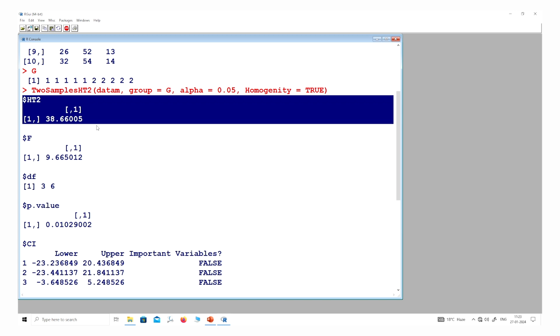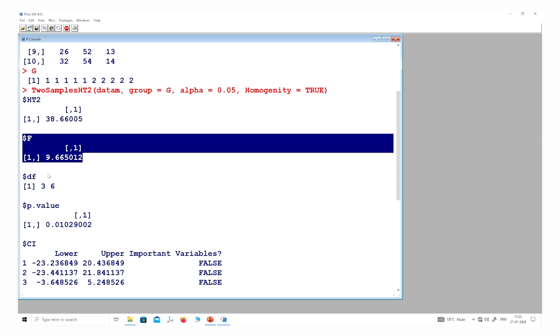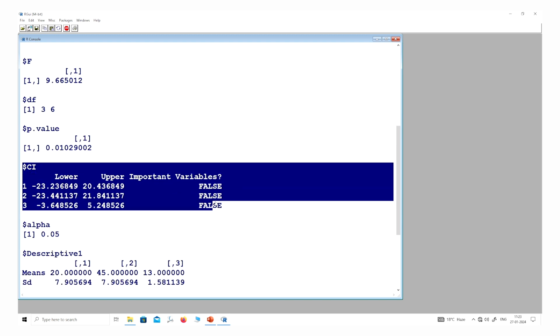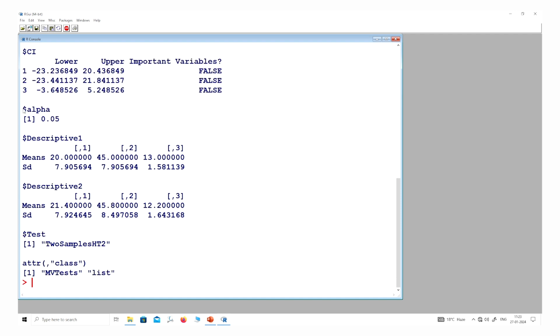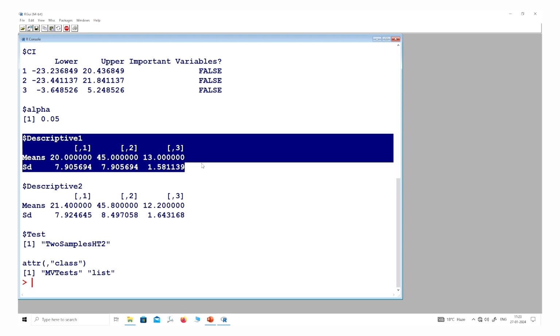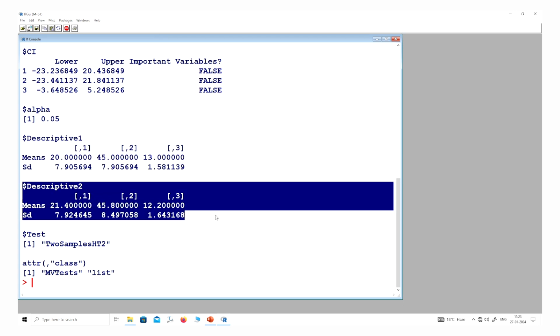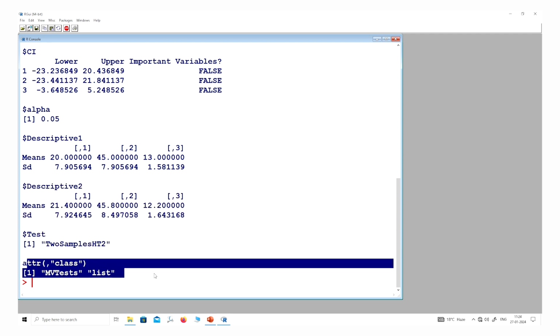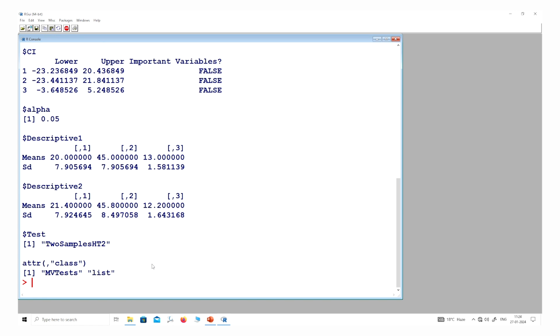This is the value of your Hotelling t-square statistic, this is the value of the F statistic, these are the degrees of freedom, this is the p value, then we have the confidence intervals, then the alpha level of significance, then the means and standard deviations for the variables in sample 1, and descriptive 2 similarly has the sample means and standard errors from the sample 2 data, and then it is about the test we have used and its class, that is MVTest and list.